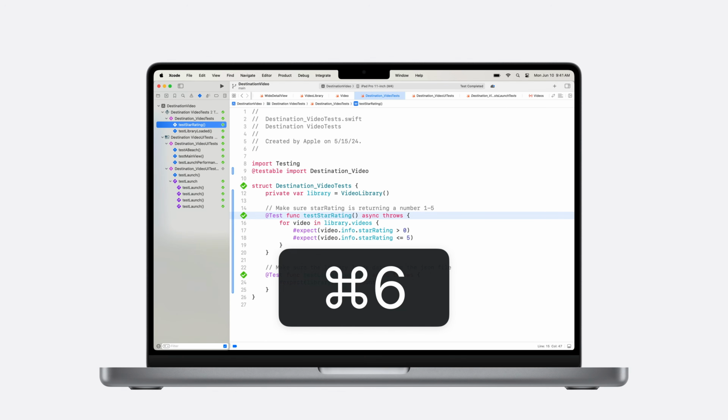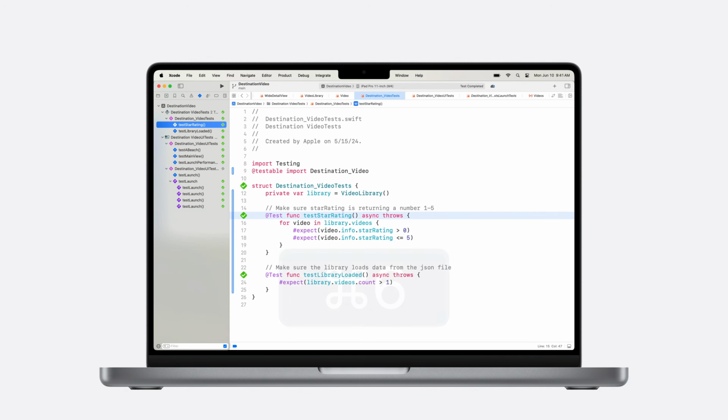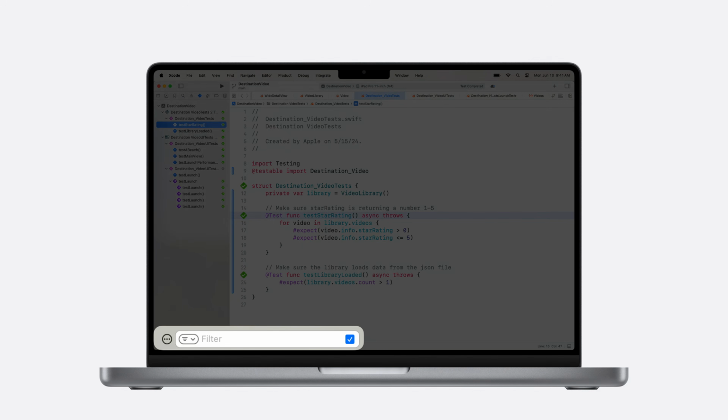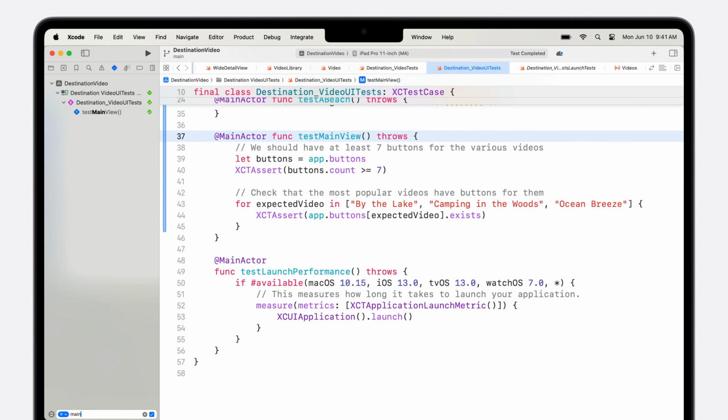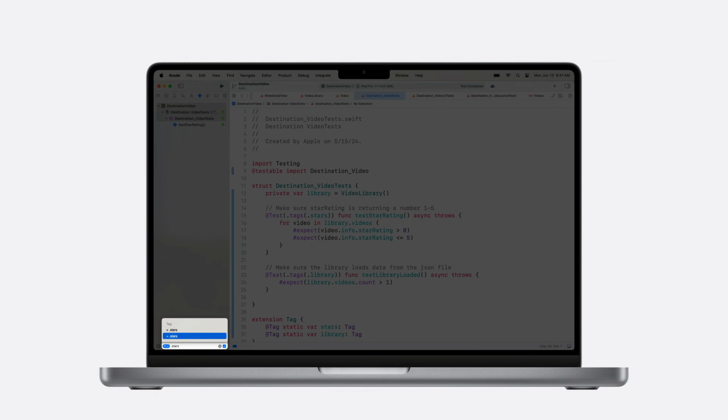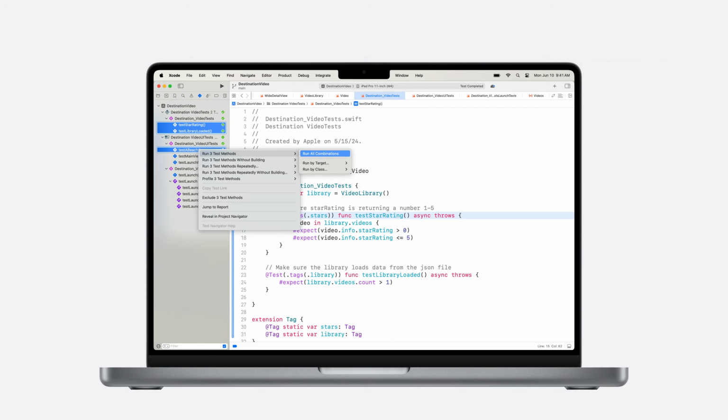The Test Navigator, Command 6, shows all of my tests. If I have multiple test plans for different portions of my app, I can show just the tests in the current plan by filtering to only including tests. Depending on the size of my test suite, this may be enough for me to scroll around and run the right tests. And if you have a lot of great well-written tests like we all do, you'll want even more focus. If you can identify the relevant test by title, you can filter textually. For Swift testing, you can filter by tag. And once you've identified the right subset, just select them and use the context menu to run the focus set.